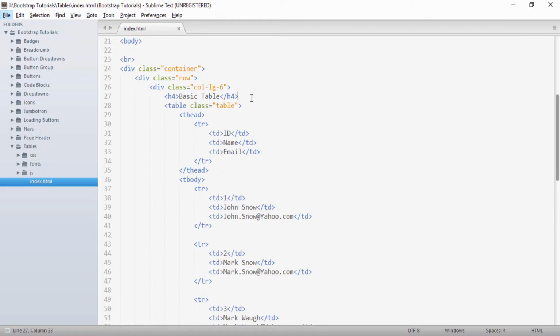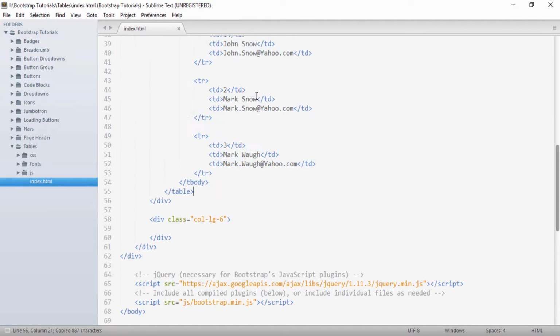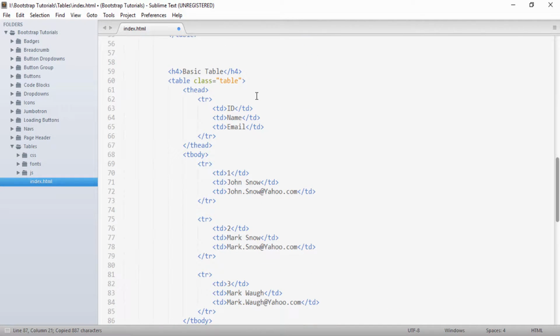So friends, let's see now how we can give zebra stripes to our table. What I will do is copy this h4 and the complete table, and paste it below, and also give a br to it.